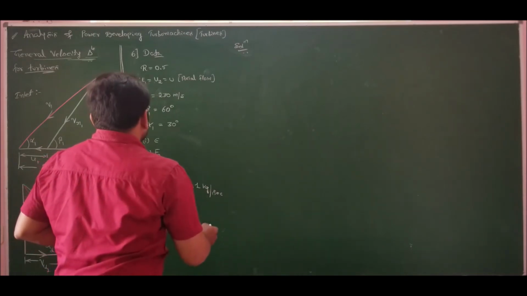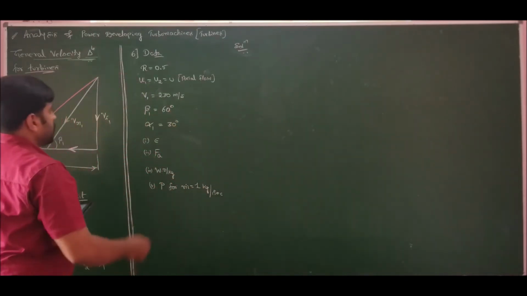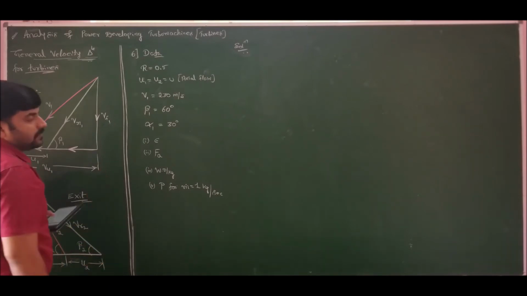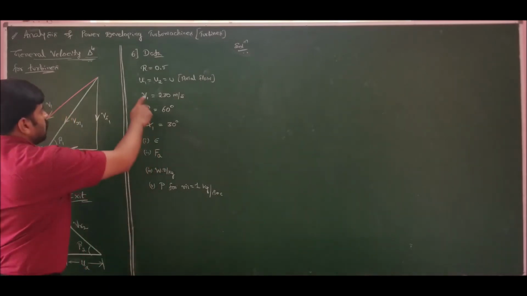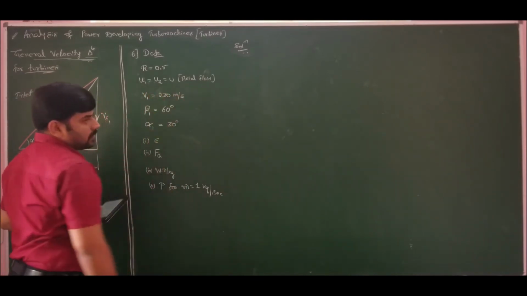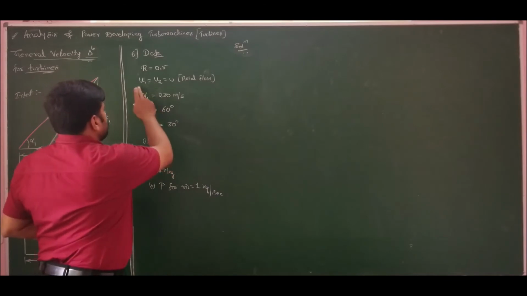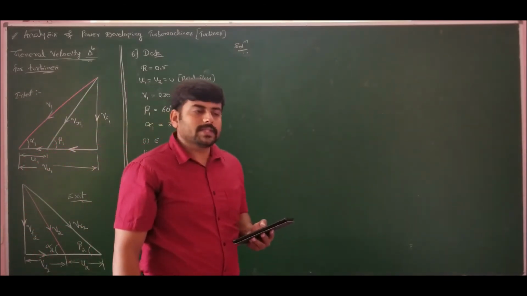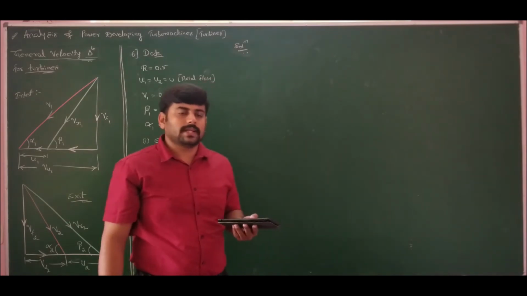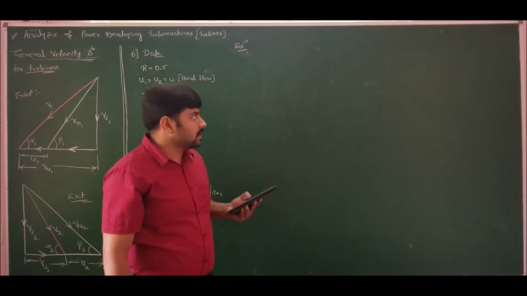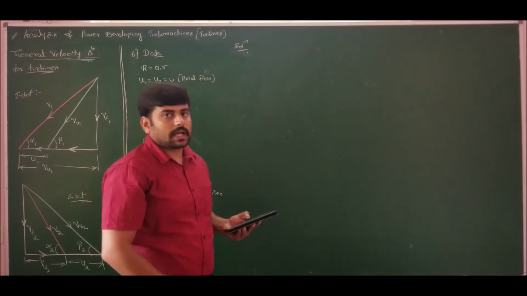If I note down the data given, it is an axial flow turbo machine with 50% degree of reaction. The only alteration required for the general velocity triangle is U1 is equal to U2 is equal to U. Whenever we have U1 equal to U2 equal to U, I can draw a combined velocity triangle, which I will clearly explain and solve problems on when I take up steam turbines. If I do that now itself, then you might get confused. Let us solve and draw the velocity triangles separately without combining them.